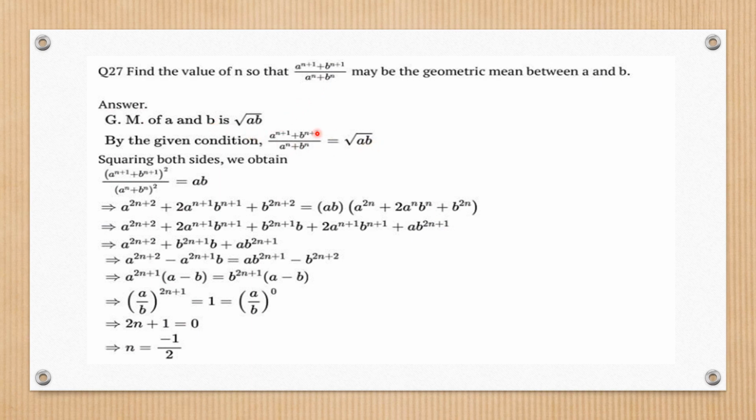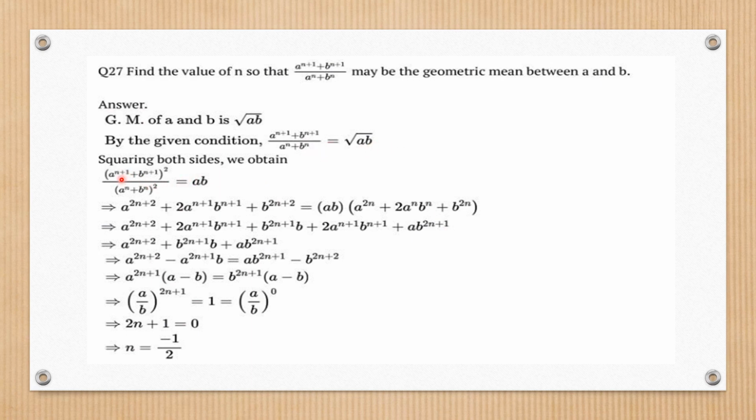Okay, so we will equate both of them. Now what we can do is either you can square or you just can keep on multiplying. So whatever way you want to go, that will be okay. So to remove this square root, I will square. I have squared it here. That means this complete square divided by this also whole square, and this is equal to ab.